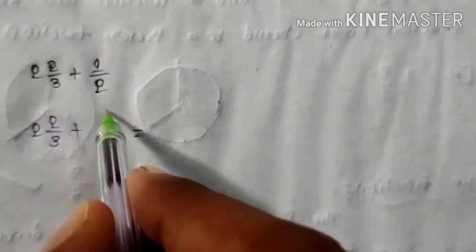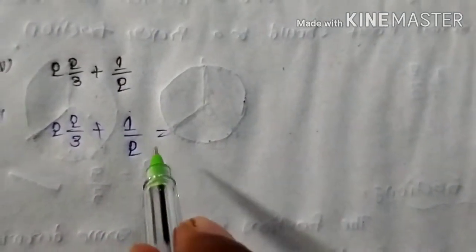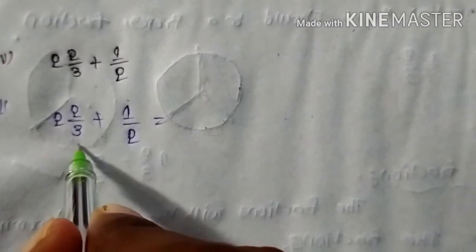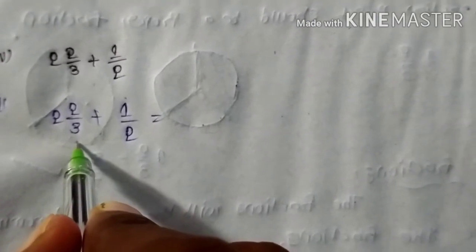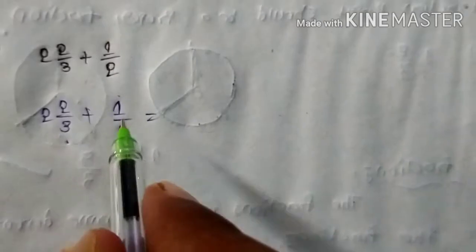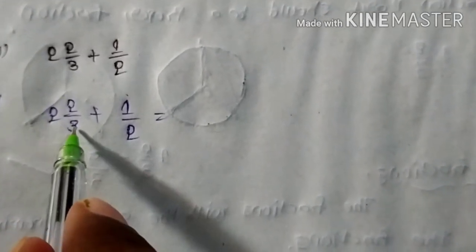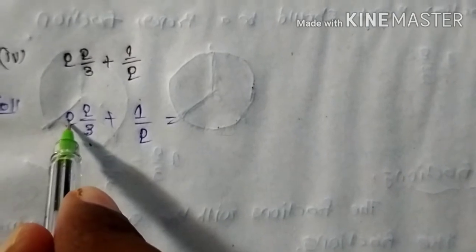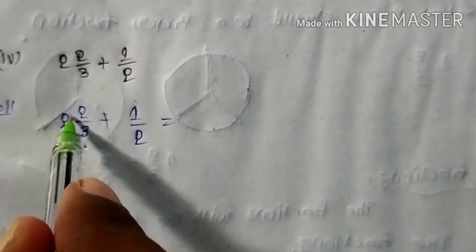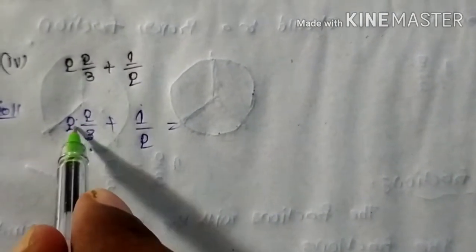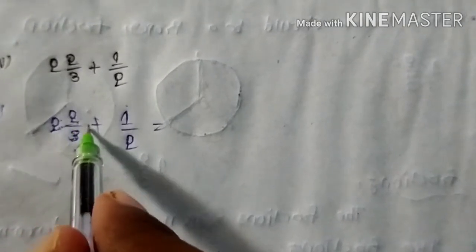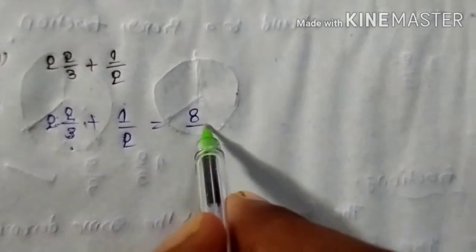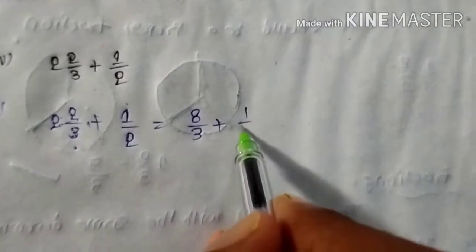Next, one more. Here you can see 2 2 by 3 plus 1 by 2. See, already it is in the form of a mixed fraction. You can convert it into improper directly. You know how to convert. 3 2 ja how much? You need to multiply the denominator with the integral part, that means the whole number, and also add the numerator. 3 2 ja 6, 6 plus 2 is how much? 8. That means can I write here 8 by 3? Yes, 8 by 3 plus 1 by 2.